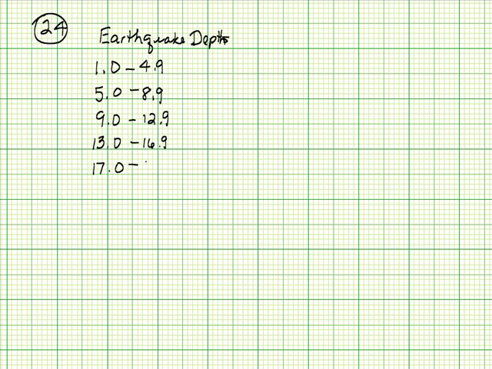Now, we want to go to data set 16 in Appendix B. It's all the way at the back of the book. Okay, we have two tables on the earthquakes on page 756. One is the depths and one is the magnitude. So we want the second one down there, the depths. And I'm going to go down the columns